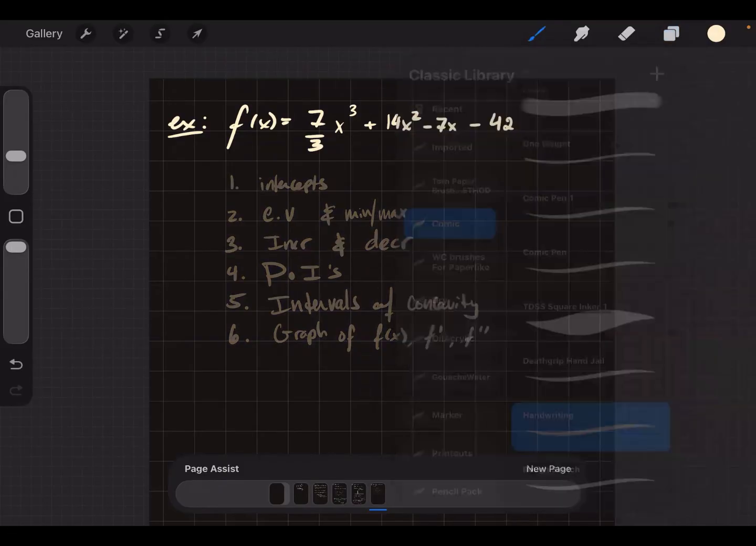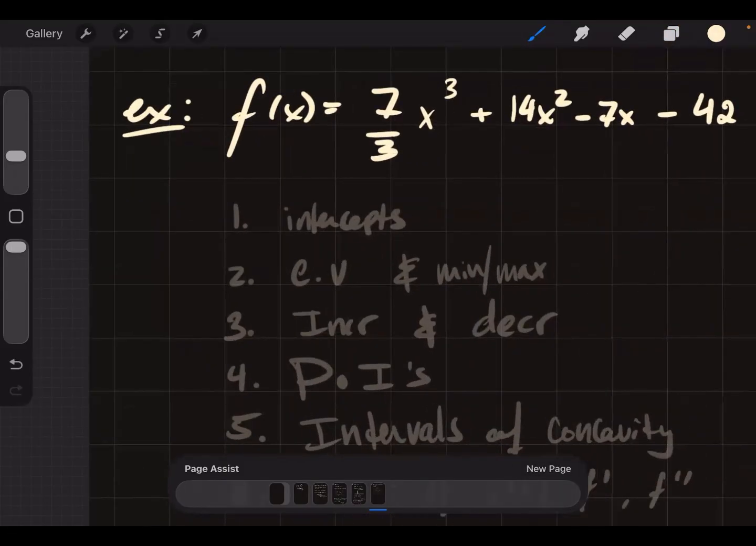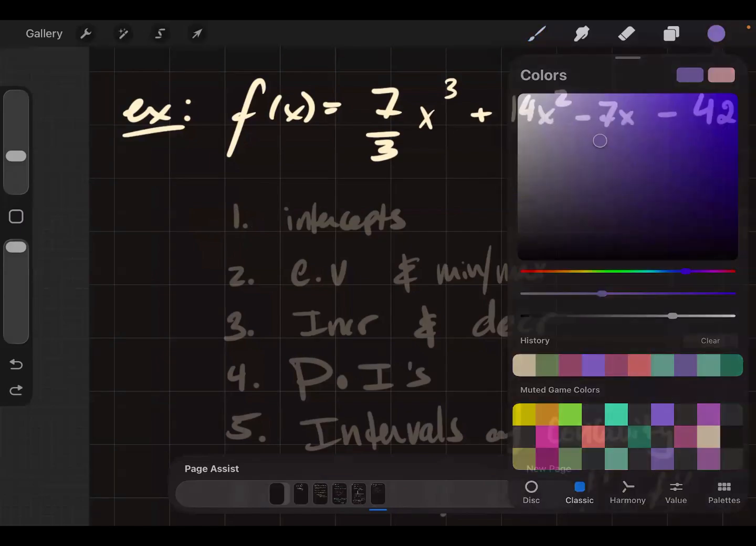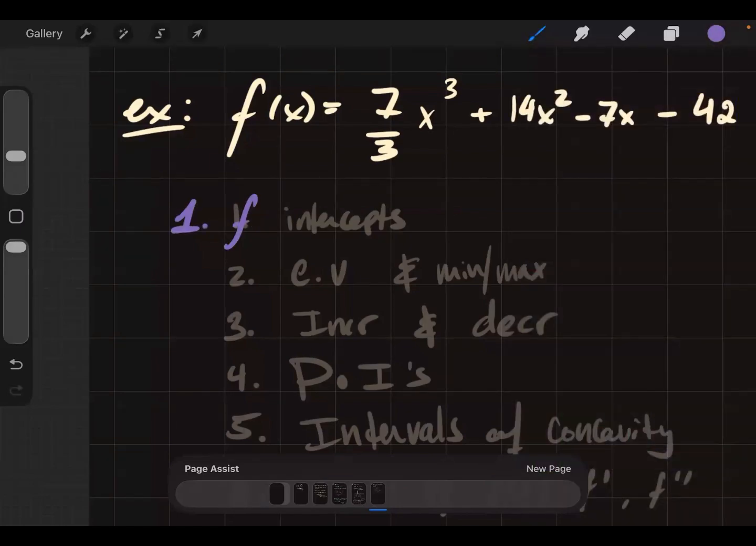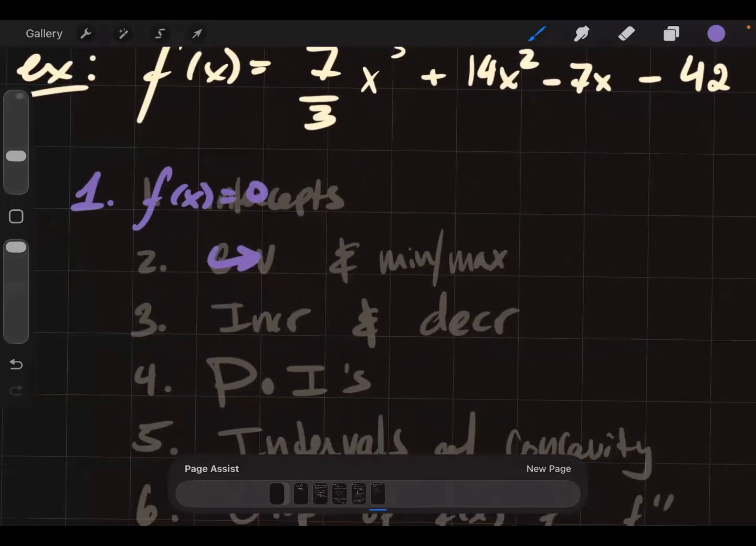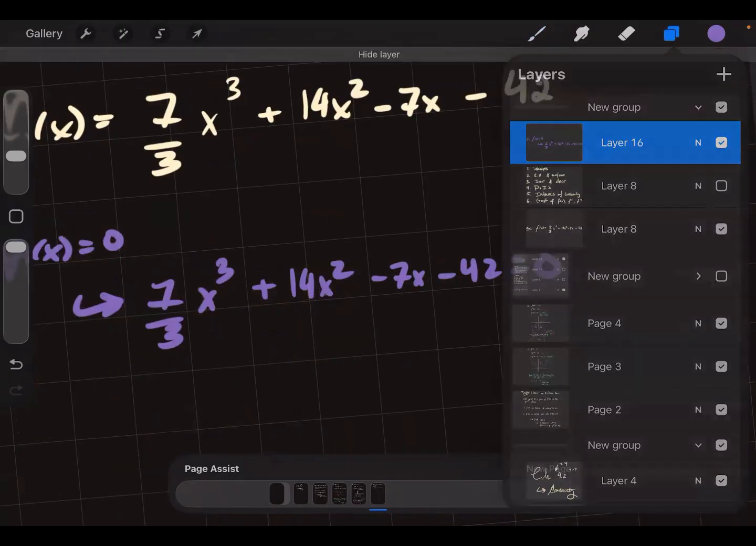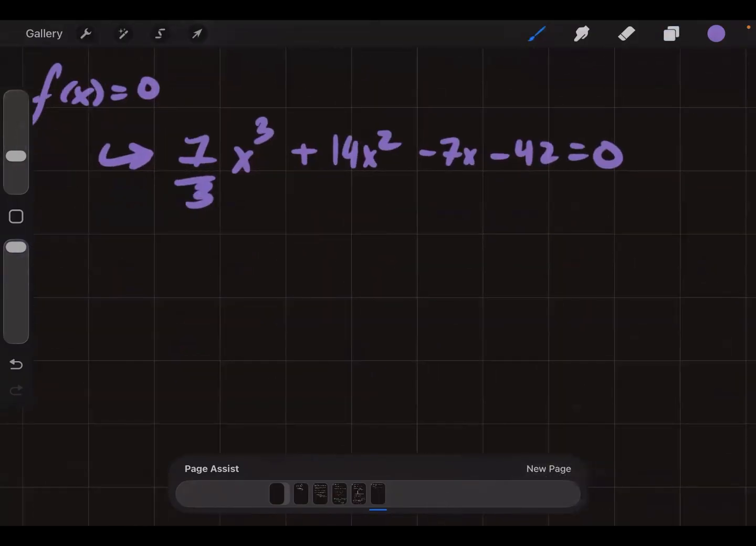So first we'll find the intercepts of f of x, okay? So f of x, actually we'll do this in purple, kind of differentiate it. f of x equals 0 gives 7/3 x cubed plus 14x squared minus 7x minus 42 equals 0. We can multiply everything by 3,